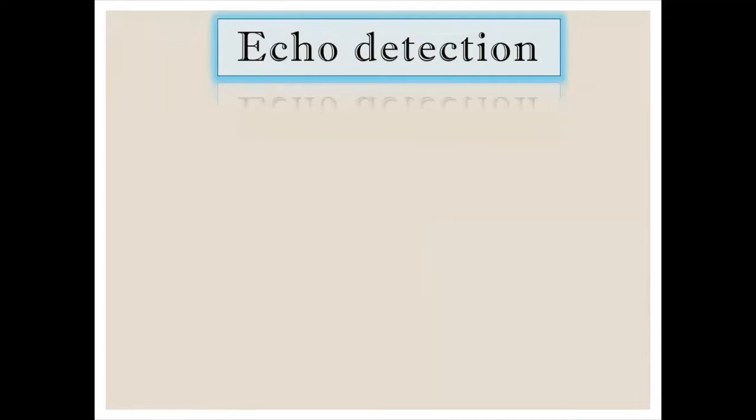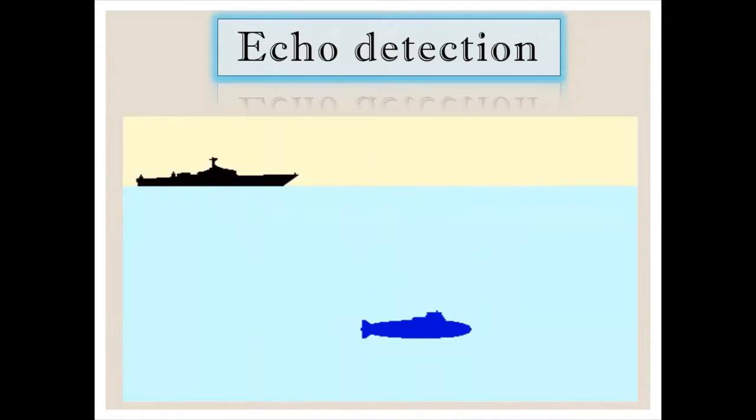Now we come to echo detection, students. Echoes can be used to detect shoals of fish, submarines, or wrecked ships on the seabed. Sound waves are sent down in the sea from an instrument on a ship called an echo sounder. The time taken for the echo to bounce back to the ship can be used to work out the position and the shape of the objects beneath the ship. Maps of the seabed can also be made in the same way.